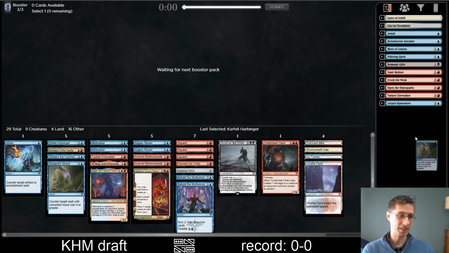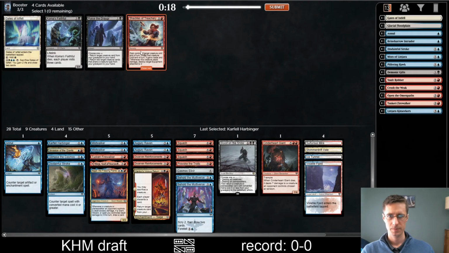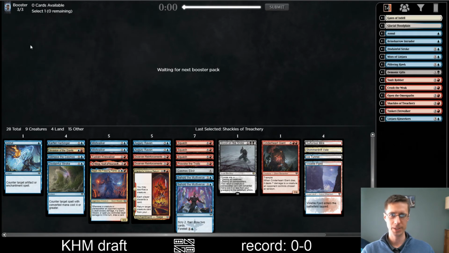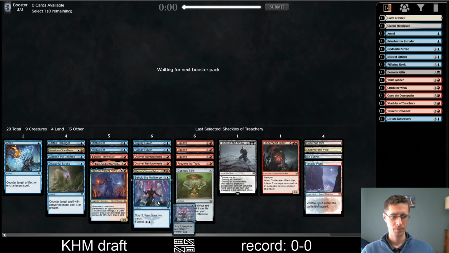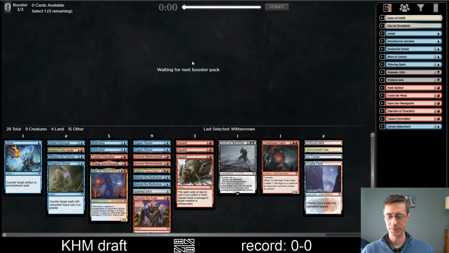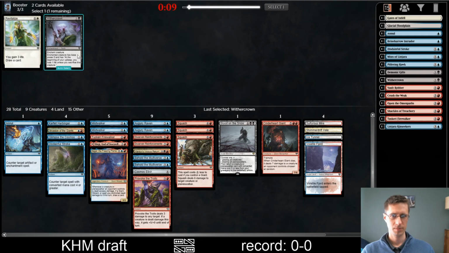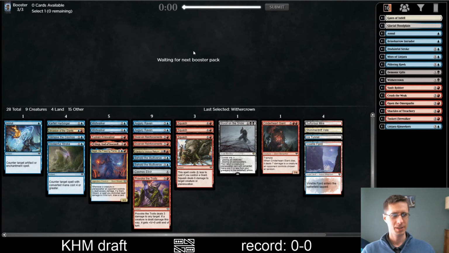Maybe cut a Disdainful Stroke. Shackles, good in some matchups. Wither Crown, who knows? Coma's so stupid. Coma's like...